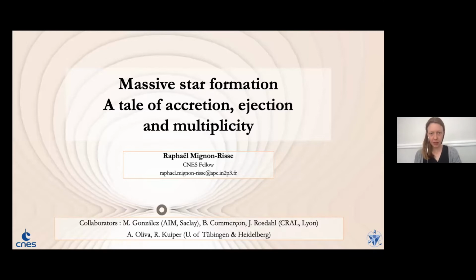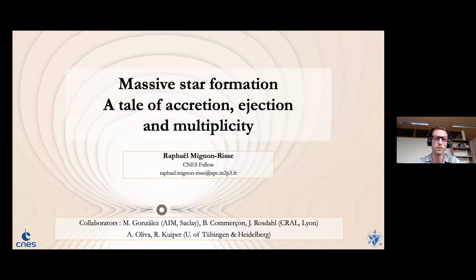And the first talk is by Raphaël, who will tell us about massive star formation: a tale of accretion, ejection, and multiplicity. So thank you very much. I'm Raphaël Mignon-Risse. I'm a CNES fellow at APC laboratory in Paris, and I will present you my PhD